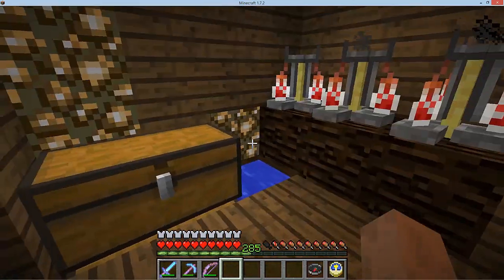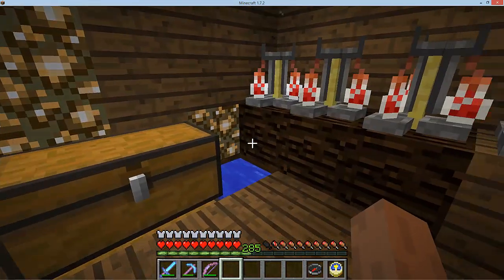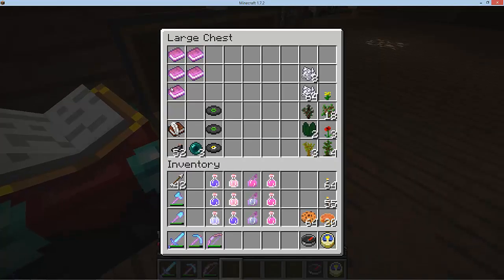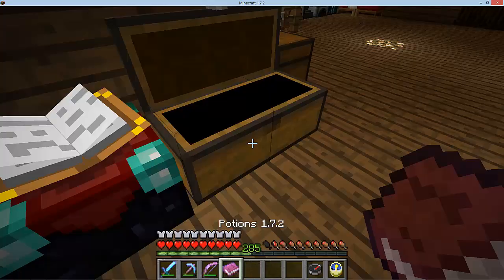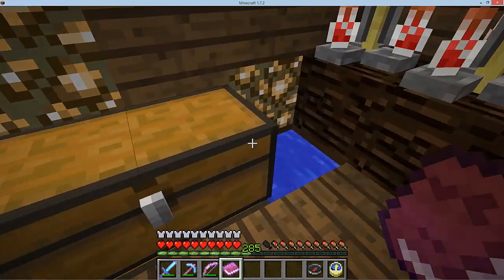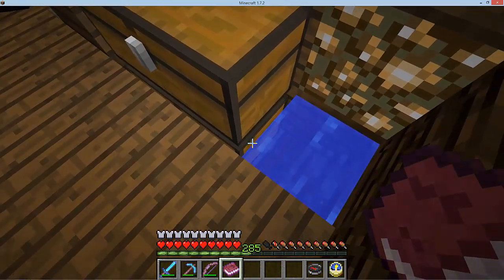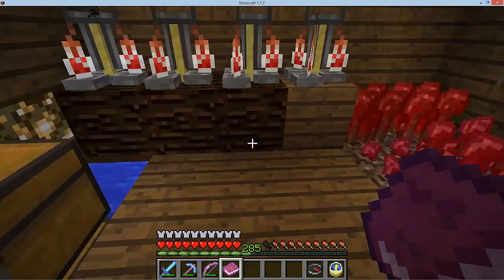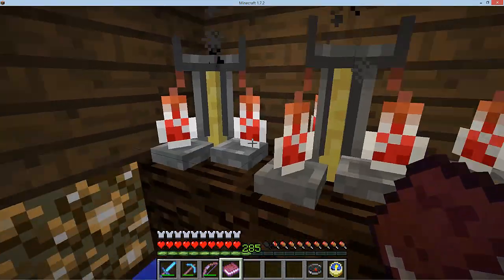Now let's start with the basics. Let's go to my book, which lists all my potions, and basically with nether warts it's a base to all potions. Basically you're going to need aqua potion to make anything, unless they update this in the future, which hopefully they do. Now, with this in mind, once you have your nether warts, you're going to need an area